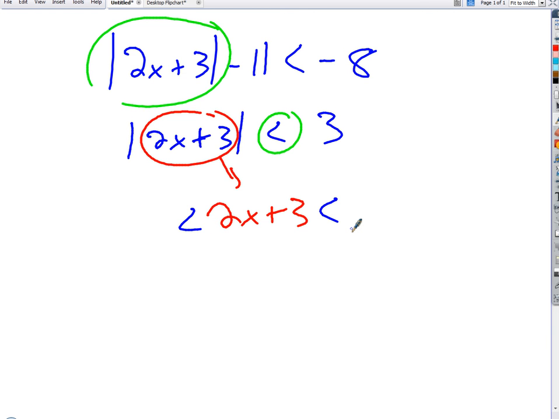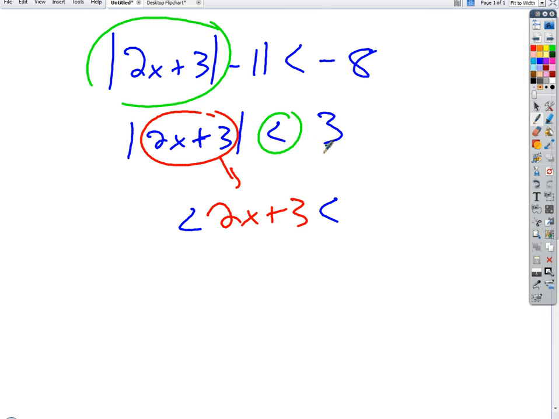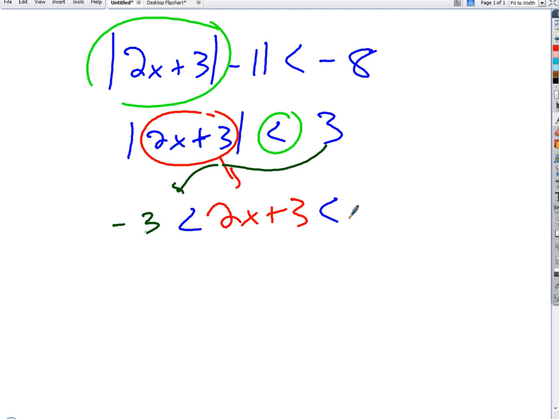And so what are the numbers that form the boundaries then? So this 2x plus 3 that's inside the absolute value bars is greater than what? Negative 3. And less than 3. Exactly. And now, what are the 2 steps we do? Subtract 3, and divide by 2. So if we subtract 3, we're going to get negative 6, 2x, and 0, right? And if I divide everything by 2,